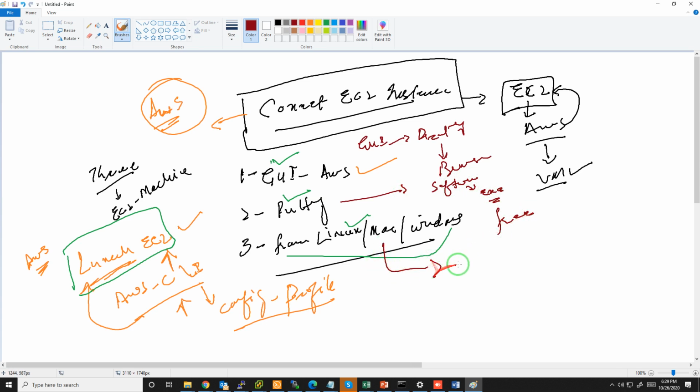And then one is Linux, connecting from local to the AWS instance. I hope you all understood everything very well.